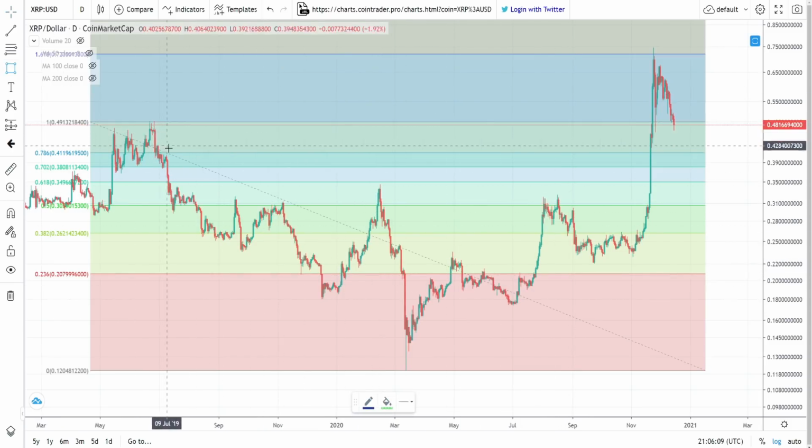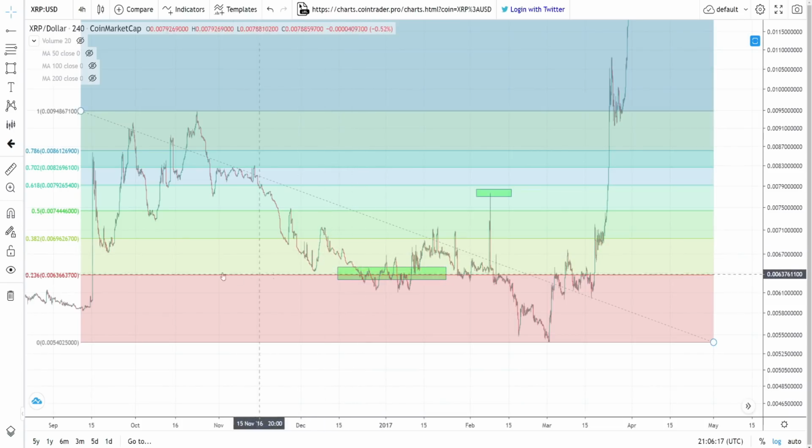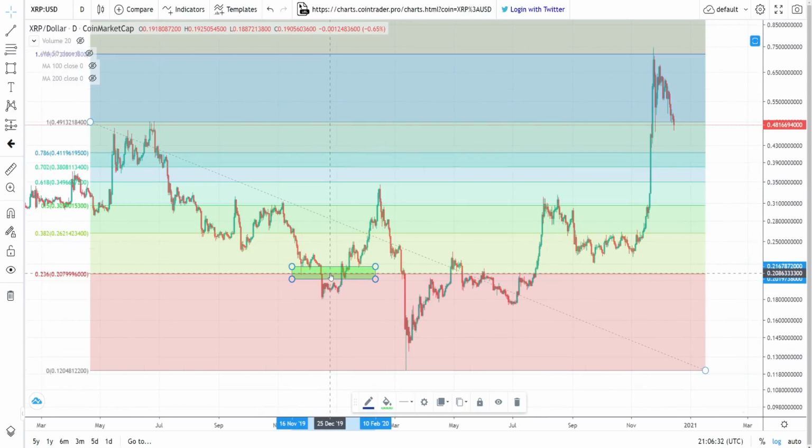And we could see how our first pull down took us all the way to just below this 0.236 area, just like we saw back here in the previous fractal from back in 2017, before it moved its way up to almost hitting this 0.618 area right up here. Not quite getting to it, but hitting really close to it, which is what we saw happen here in 2019